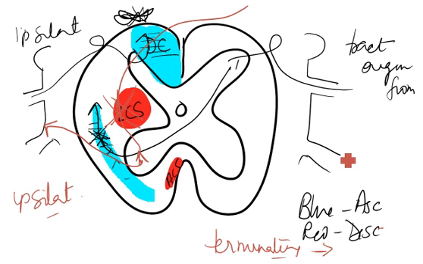So two things to keep in mind. If it is a sensory tract, you want to see where it is originating from, and based on that, you will compare it with the lesion, whether it's ipsilateral or contralateral. For descending tracts, you're going to see where it is terminating, and again, based on that, you're going to say whether it's ipsilateral or contralateral. So you can see that both are important, and that's why it's always better to draw and see that. For descending tracts, it doesn't matter where it started from, but you have to see what it is going to affect. It's going to affect this side, and that's where